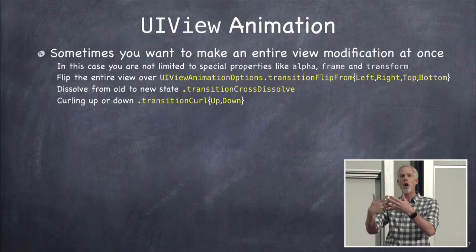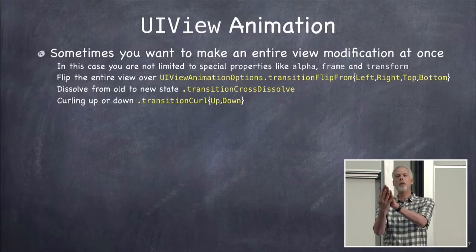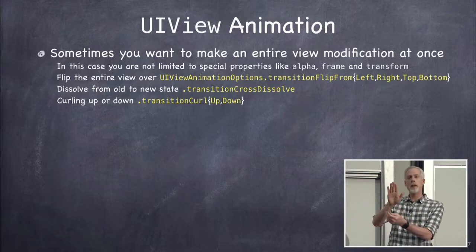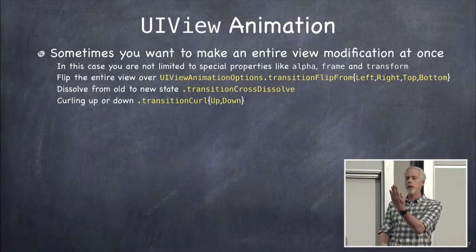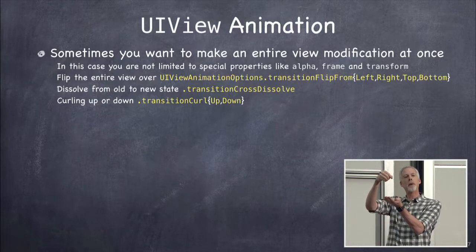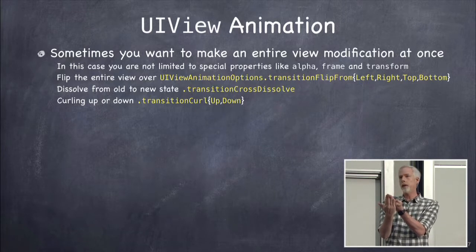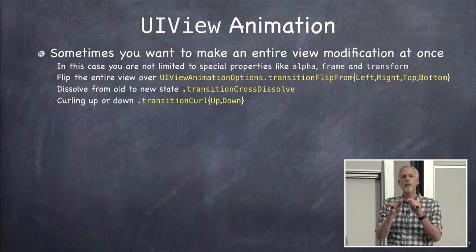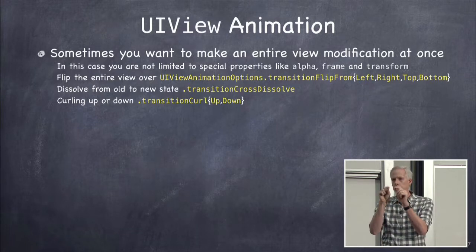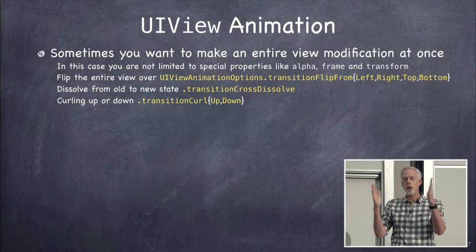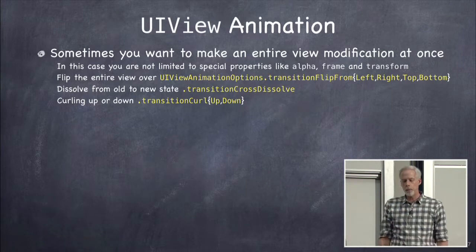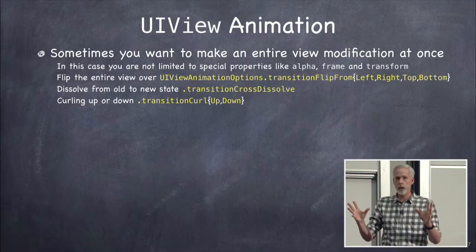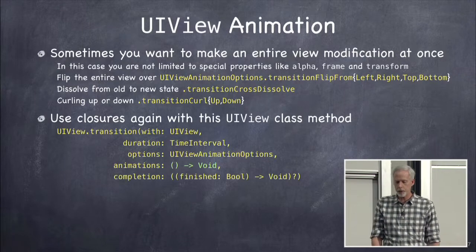Another one is cross dissolve. The old one's showing and the new one dissolves in. Another one is curling up. So the new one is kind of in the back, the old one sitting on front, and the old one curls up like a piece of paper and shows part of the new one in the back, which is kind of fun. That transition really only makes sense if you're covering the whole screen. It wouldn't make sense to have a curl up in just a view inside another view. If the whole screen was a view, you want to curl up and make sense. So this is entire view contents animation, not just those special things.